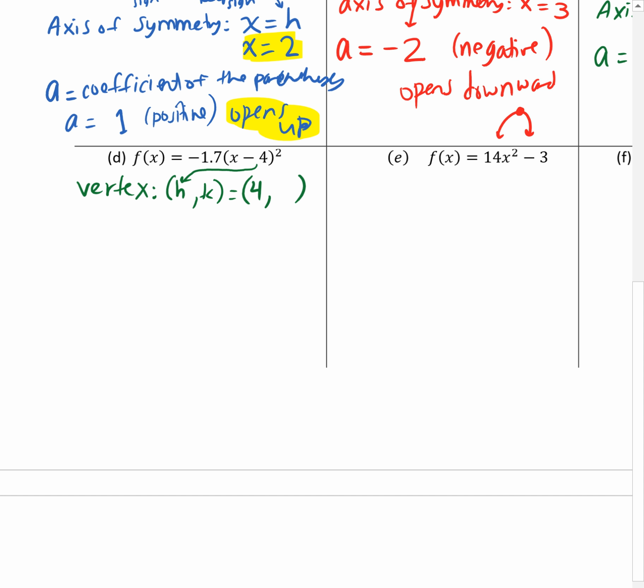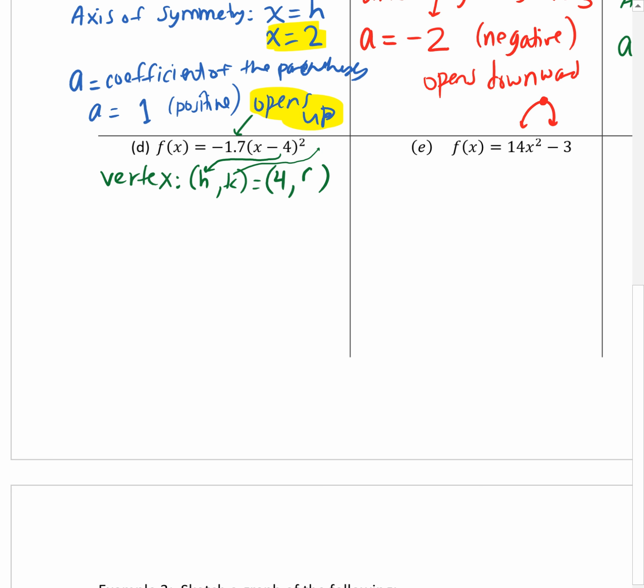But you notice k, usually you find k hanging out at the end of the problem, but there is none. K should be the thing adding or subtracting with the parentheses, but there's nothing adding or subtracting. And it won't be this 1.7 because that's the value of a. It's the coefficient. It's not something adding or subtracting. So since there is nothing adding or subtracting, it'll be a 0. That's the vertex. And then our axis of symmetry